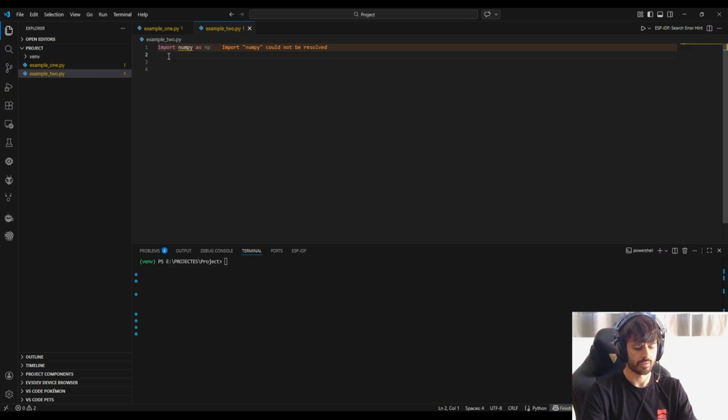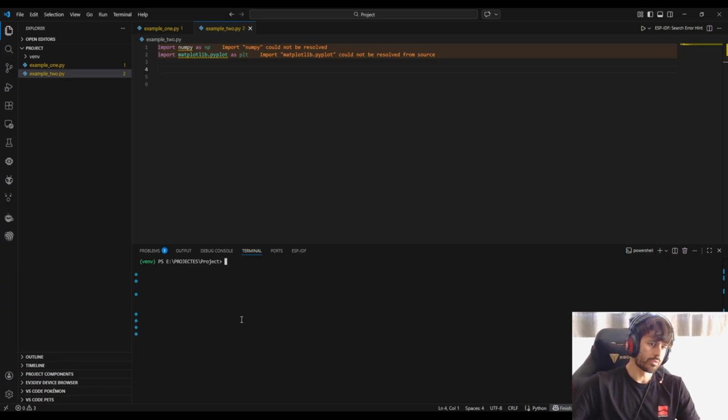To use graphs we are going to import matplotlib.pyplot as plt. As we are working on a virtual environment, we need to install this, so pip install